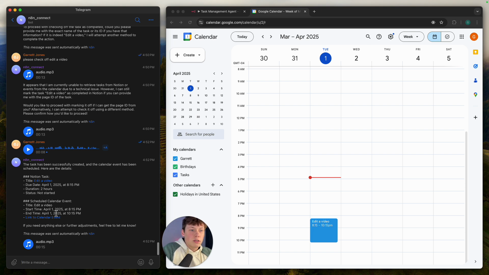So you can see I can interact with this agent through a voice chat and then get the response back through text, as well as a voice response back. Now I can also send a message to this agent and say something like, please